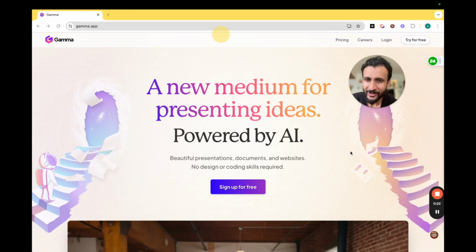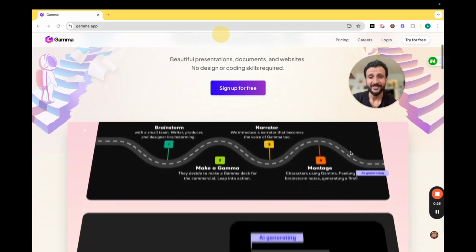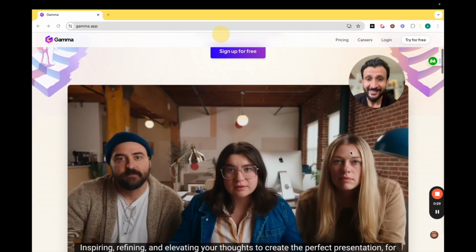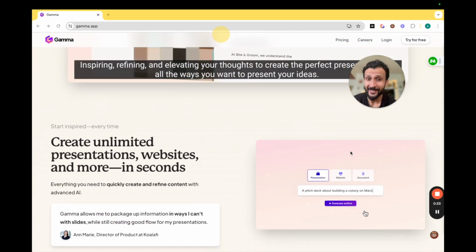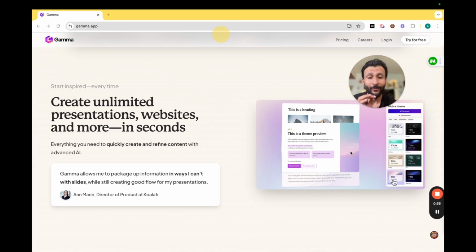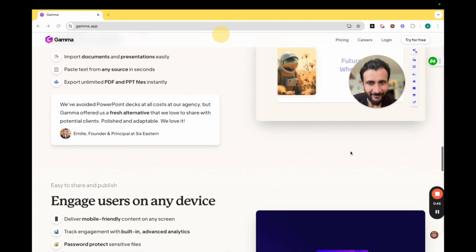Let's go. In today's tutorial, you will get an overview of Gamma, which is an AI powered tool for presenting information. From a single text prompt, you can create documents, presentations, and websites that will all convey what you need to convey. It's absolutely incredible. You'll see it for yourself shortly.